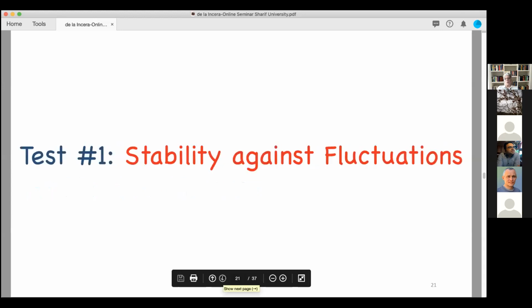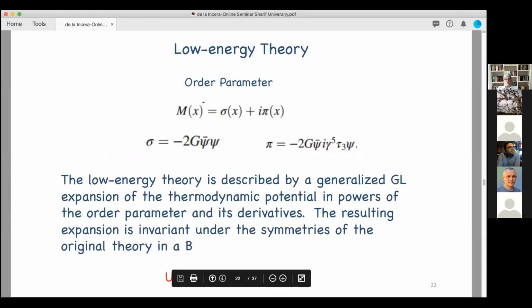So first, let's talk about stability against fluctuations. To answer that question, we need to study the low energy theory of the MDCDW. You have the order parameter, which is a combination of the two condensates that I already showed you. And in order to obtain the low energy theory, you have to